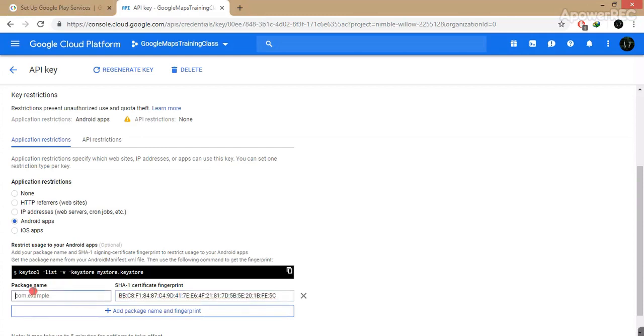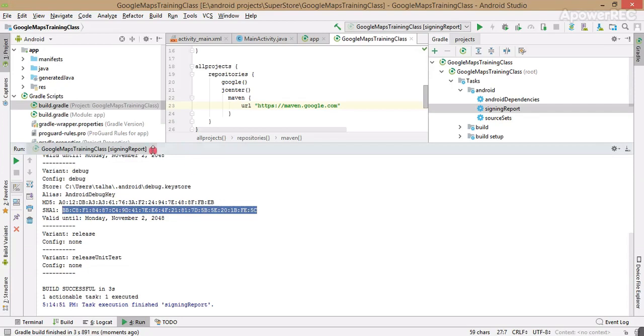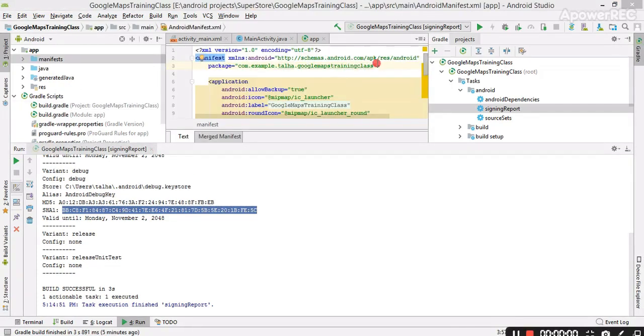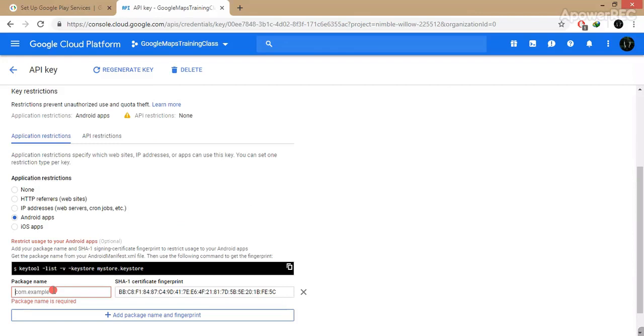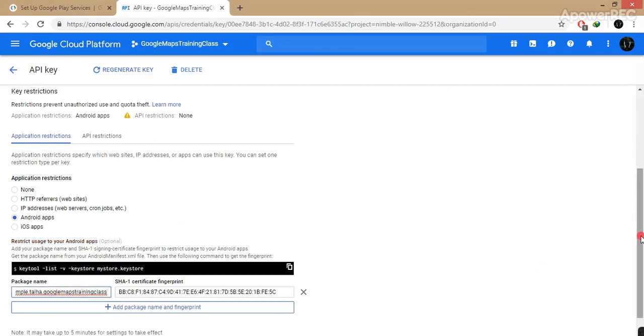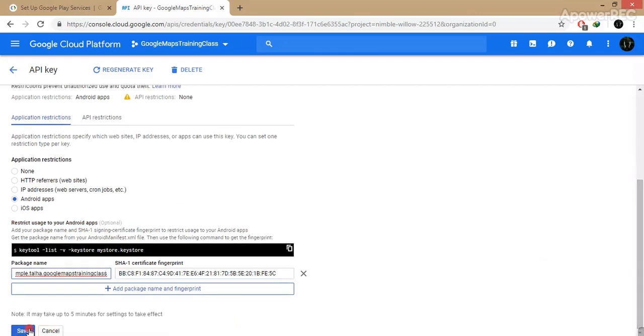Now again go to Android Studio. Just copy your package name from here and paste it right here. And the final step is save it.